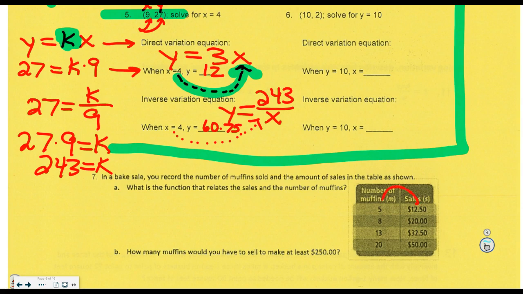You're going to do y divided by x. If they're the same, you're going to do this one. If they're different, then we're going to try to see if it's x times y. So we're going to decide which one it is. You guys go do that on your calculators. So you try for direct first, and direct is